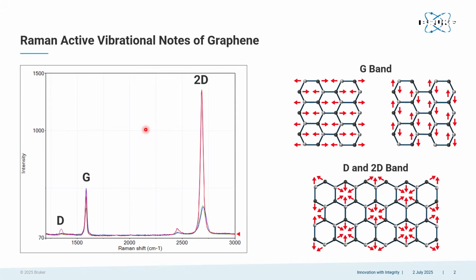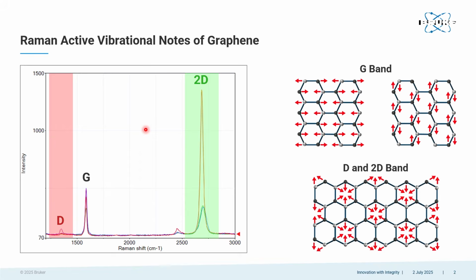The G peak on the one hand arises from in-plane vibrations, where carbon atoms vibrate in opposite directions, while both the D and 2D band come from ring breathing modes, and despite originating from a common vibrational mode, they exhibit different frequencies due to the electronic structure. Due to that, you will have this big shift in frequency between those two.